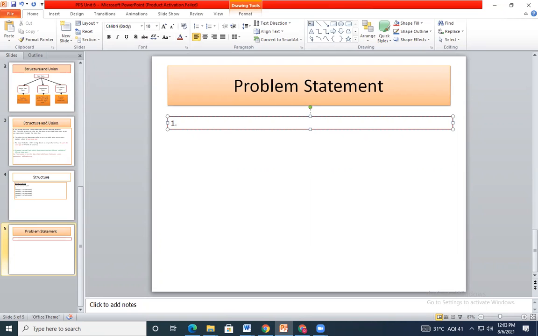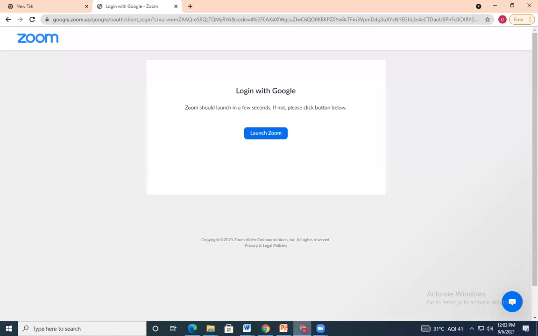Okay, now I will take a problem statement as simple. Write a program to demonstrate the initialization of structure. Okay, structure चे initialization करायचं, एक program demonstrate करा. So I will go here.